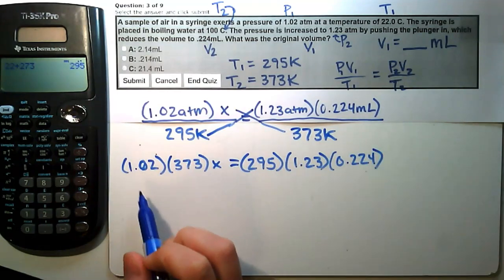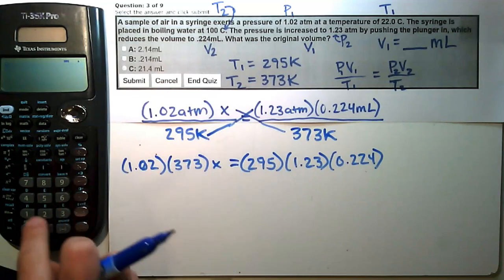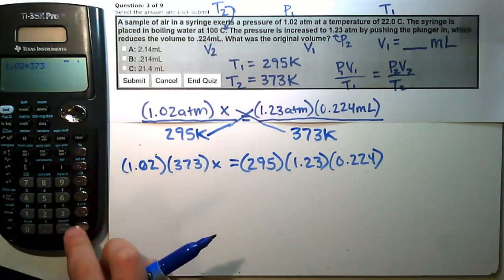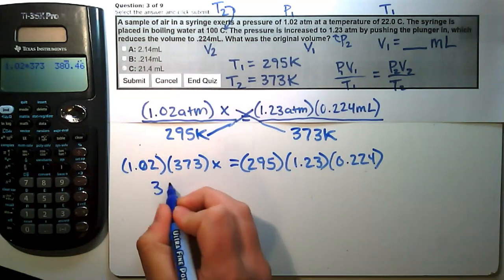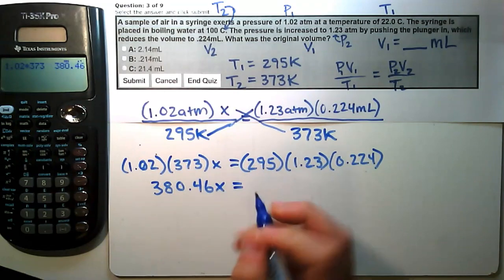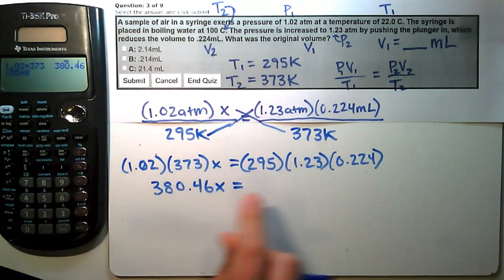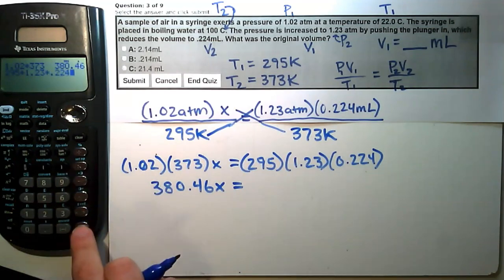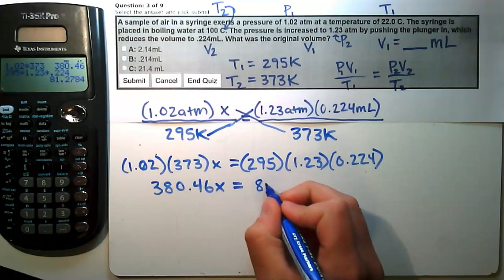Alright, let's combine some of these terms here. 1.02 times 373 gives me 380.46 times X equals 295 times 1.23 times 0.224, which gives me